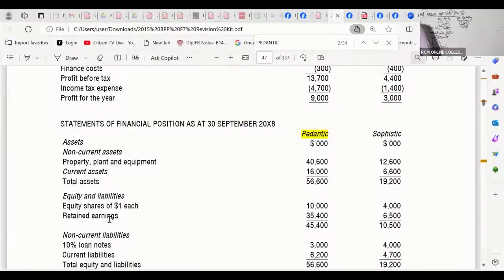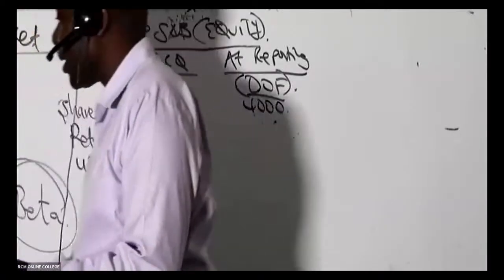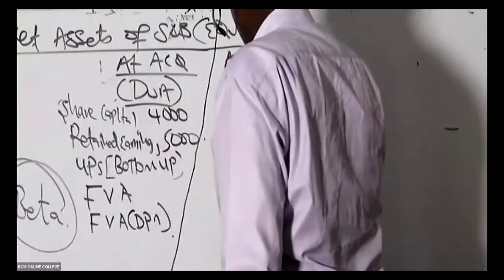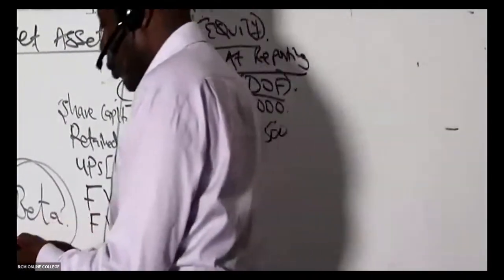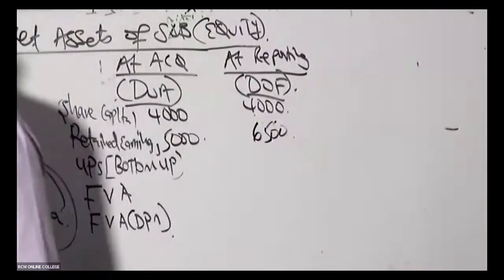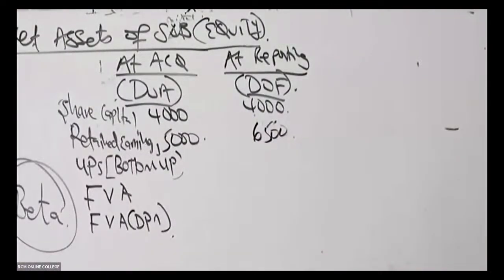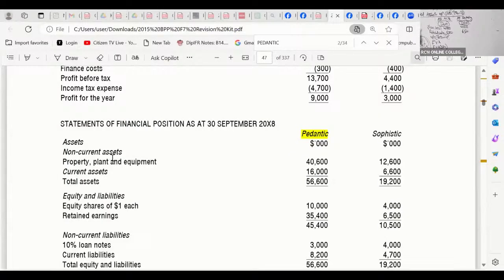So retained earnings at the reporting date, don't work with the parent here. At the reporting date, retained earnings say 6,000 plus 500 is 6,500. Retained earnings at the reporting date is 6,500. Now, ladies and gentlemen, we had this bottom-up economic agenda. So if it is bottom-up, you have been sold to, so you must subtract your profit.